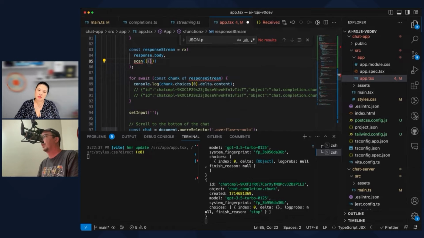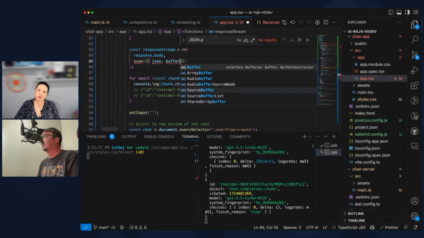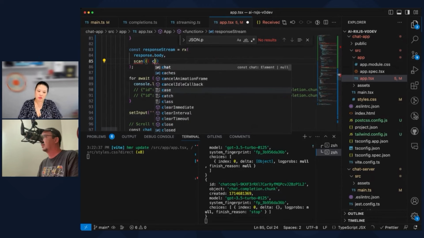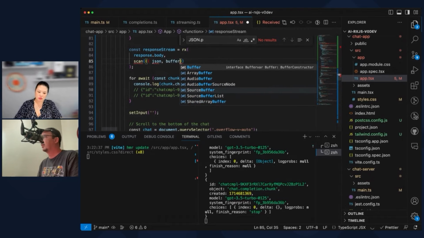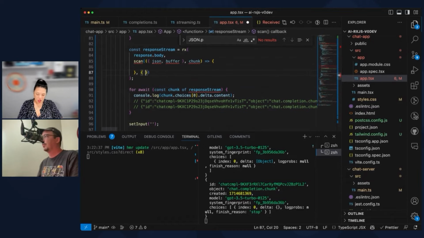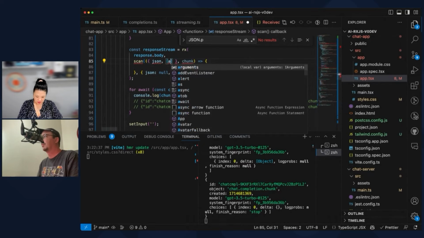This is the JSON we're building up, and buffer, this is where we're buffering the thing. JSON buffer. And then here's our chunk. We'll start off with JSON's not, buffer is not that. Buffer will be a string. We'll call it JSON part, or partial JSON.